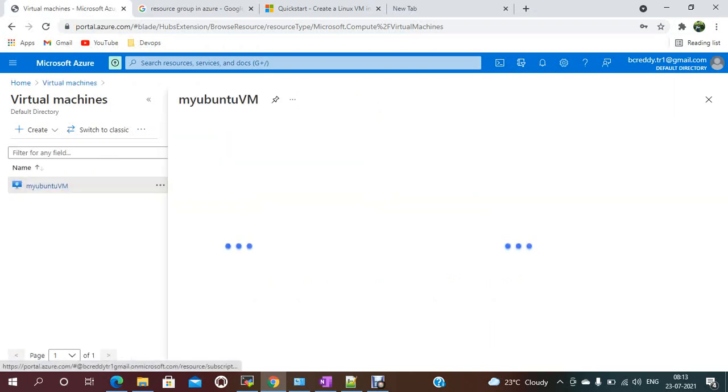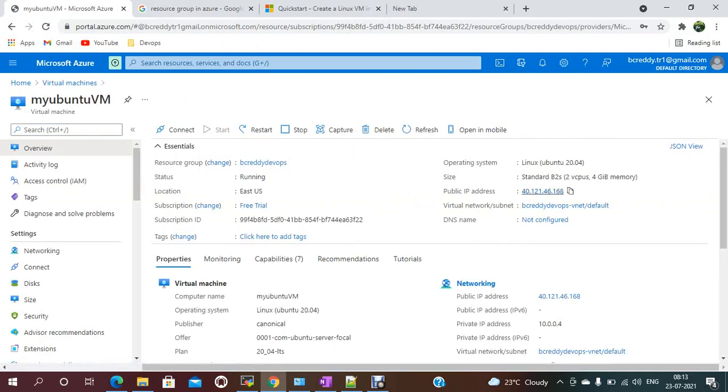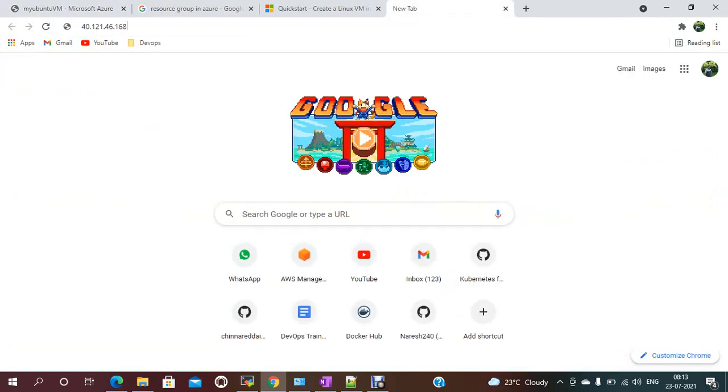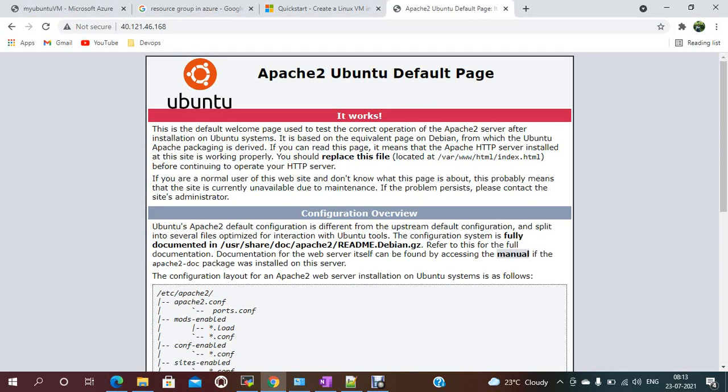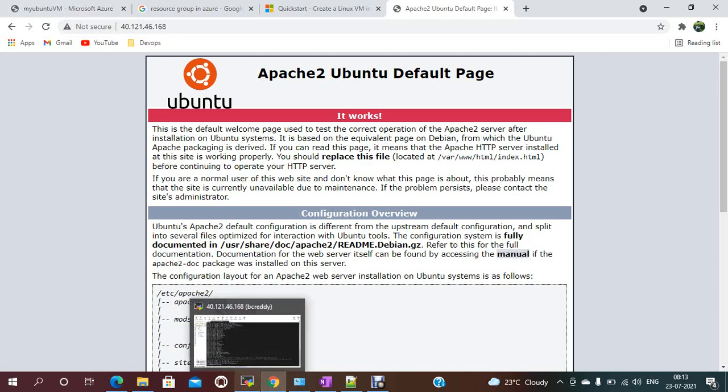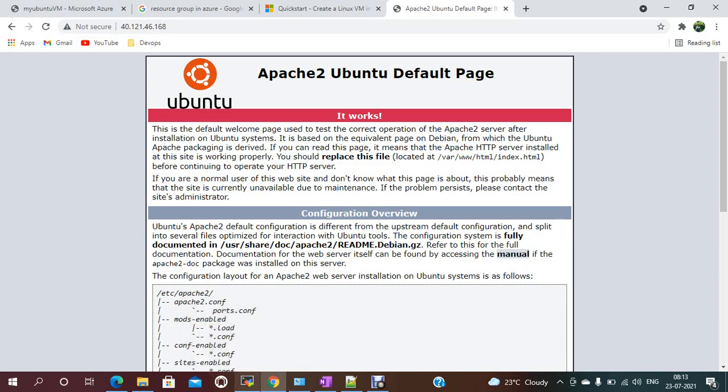I didn't copy it properly. Just copy this one and paste. If you want, give port 80, otherwise it will be picked by default. See, the Apache homepage is coming. If you want to install Nginx, you just need to install Nginx as well. So this is how you can create virtual machines in Azure and install the basic required things.